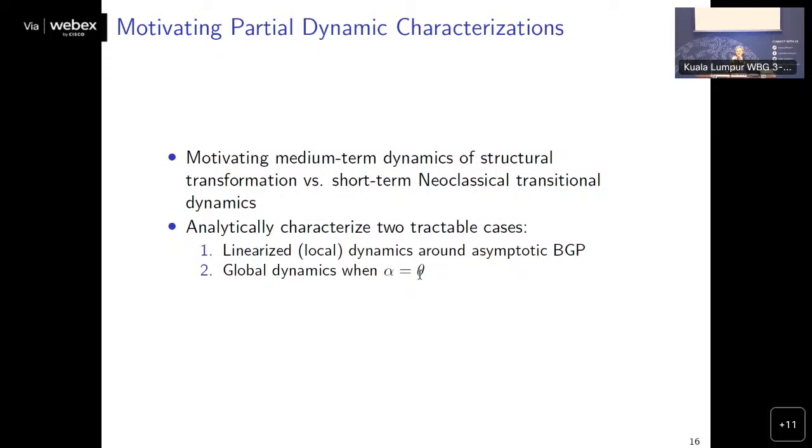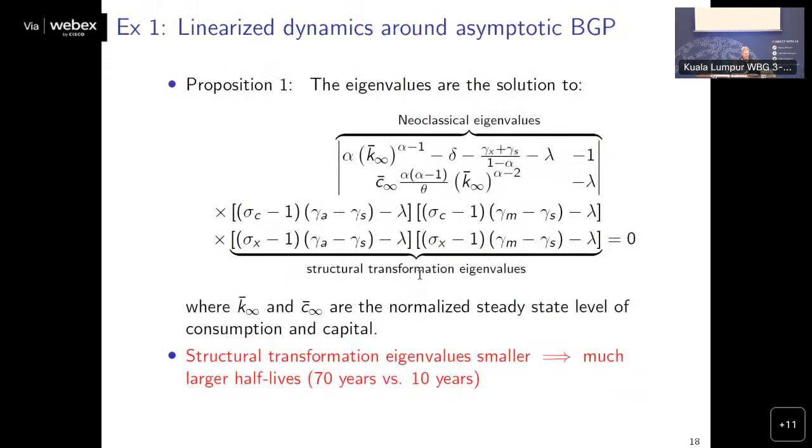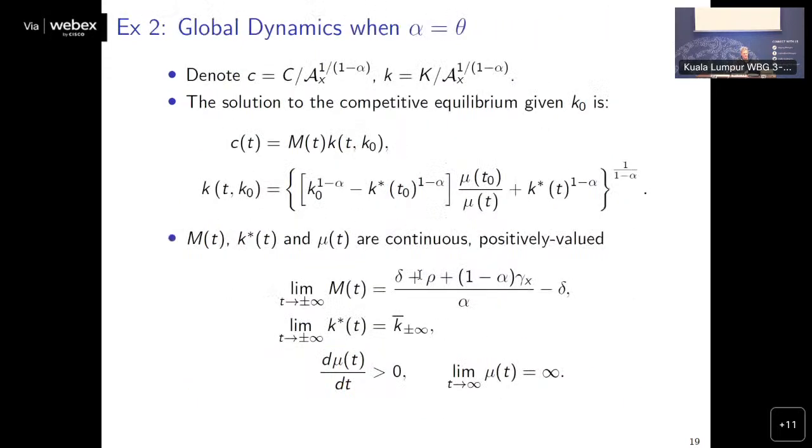All I want to say for the first case is just that the capital accumulation dynamics are very quick relative to the structural transformation dynamics. The half-life of the initial level of capital disappearing is the same as in the classical growth model, something like 15 years. But the structural transformation dynamics are going to play out over the course of a century, in the same way that they do in the data, because this is the model that's used to match the data. So this is just about eigenvalues and characterizing things.